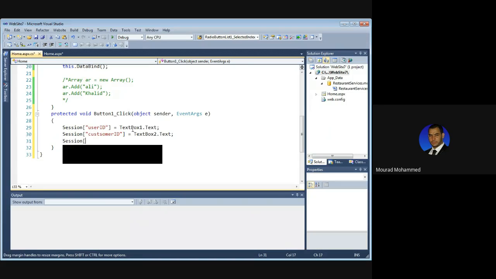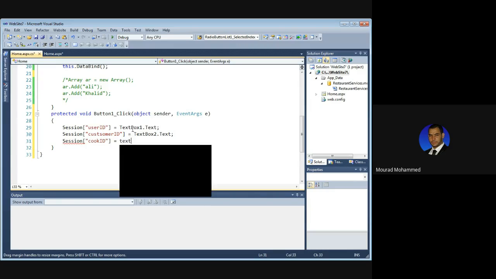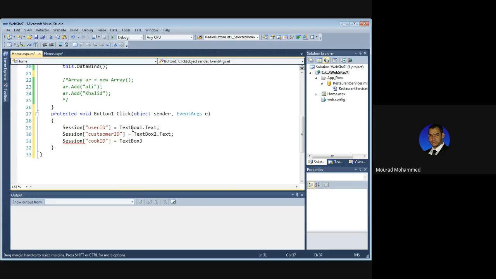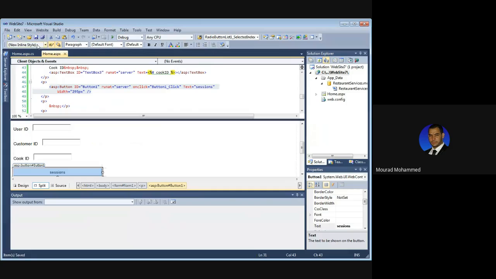The session for the last, the cook. Okay. Let's say cook ID. Yes, you will receive what? TextBox3, because they are ordered 100%. So TextBox3.Text semicolon. Great. Save. I saved already. Control S. Here I'm going to save also. If I'm going to test,